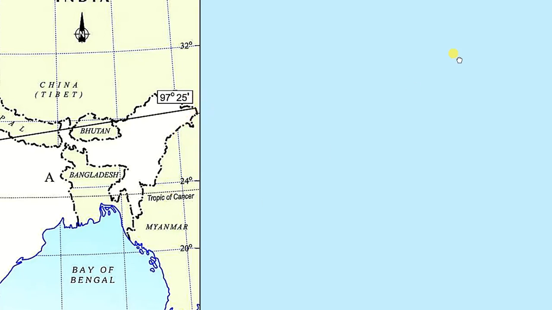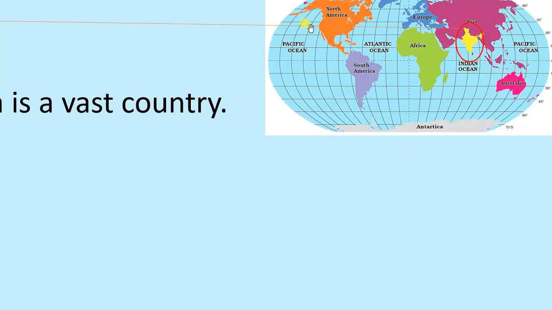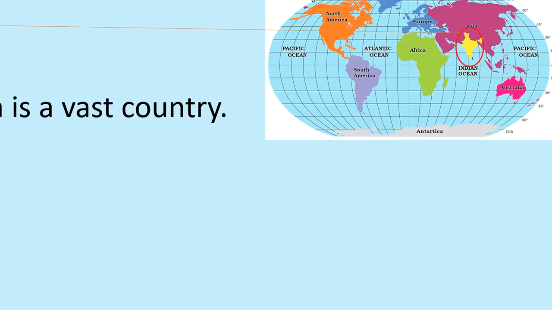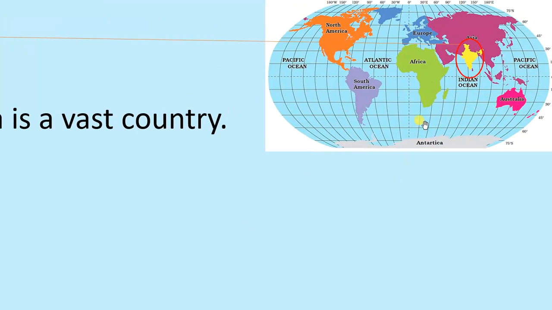One more concept I let you know, students, in this map. The distance between each longitude and latitude is again divided into 60 parts, and those 60 parts are referred to as minutes. And again, the difference between 1 minute of longitude or latitude is divided into 60 parts, which are referred to as seconds.